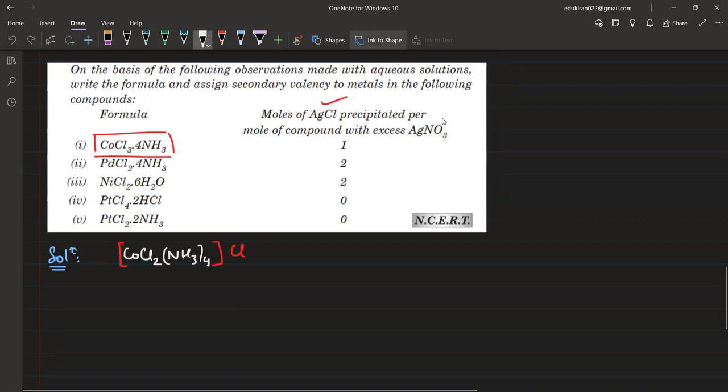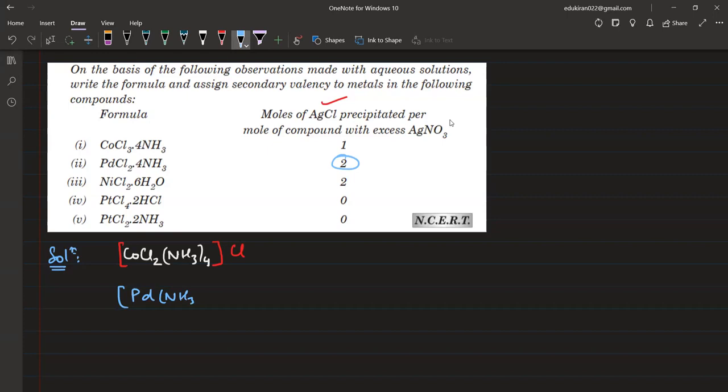ठीक है. All of you please see the answers now. All of you done? Yes or no? Please tell me. सबने लिख लिया? Okay. So please see the answers. In the second question, we have 2 chloride ions. So we have 2 moles of AgCl. That means there will be 2 chloride ions outside the coordination sphere. So inside the coordination sphere, I will write Pd